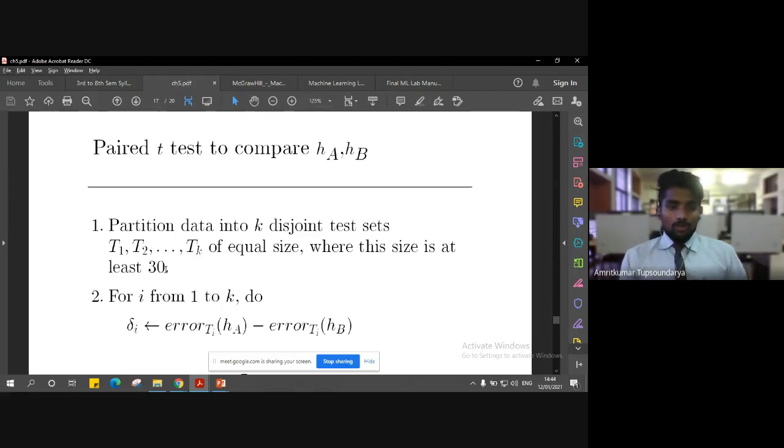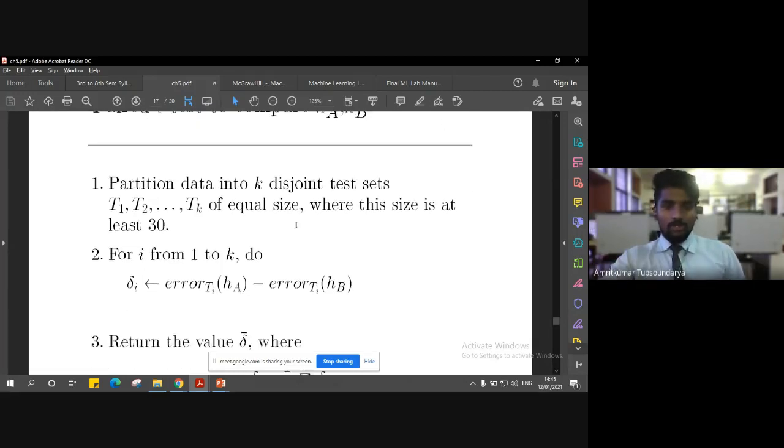Now we have to set up a loop for all these sets, from 1, 2, 3 and so on till k. We are going to set an iteration for i, where i is the iteration over these sets themselves, from 1 to the total number of disjoint test sets, that is k. As I mentioned, the size should be at least 30, so let's imagine k is 30 here.